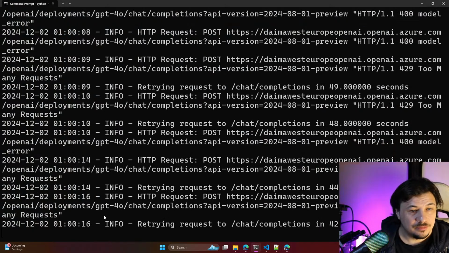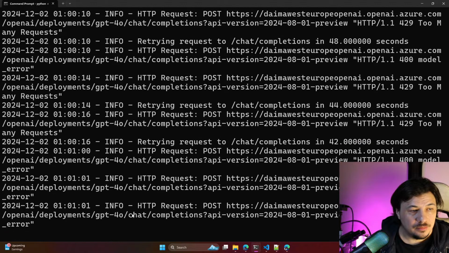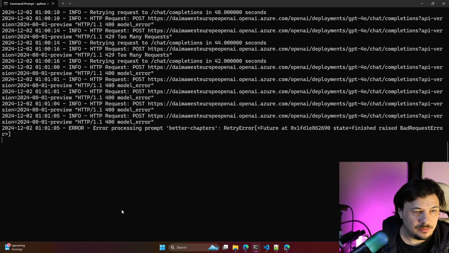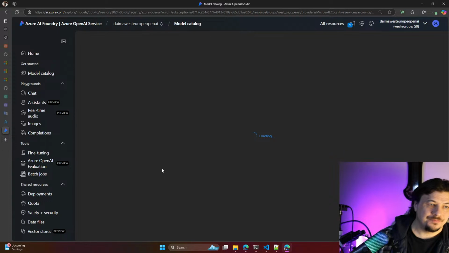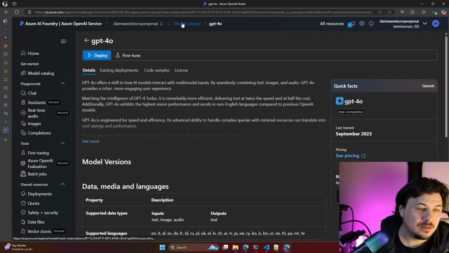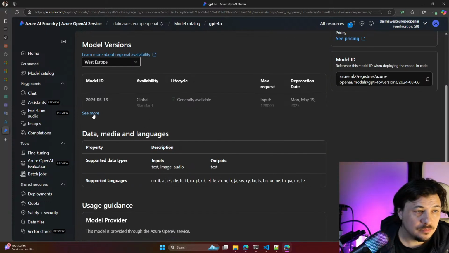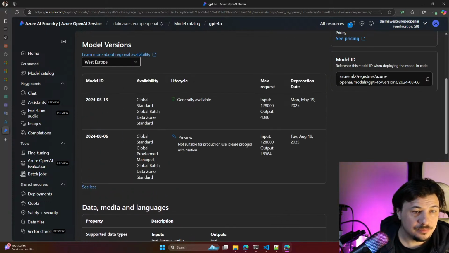Everything looks pretty proper. Model catalog. GPT-4o. Model ID. Preview. 16 output tokens. Okay. Please proceed with caution. Model. Preview.